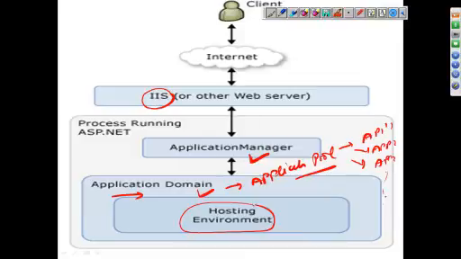The application pool separates one application from another, so one application's process does not interfere with another's, because on the same processor two different processes are running, one for application 1 and one for application 2. Those two applications are totally different, and we want to keep them isolated.